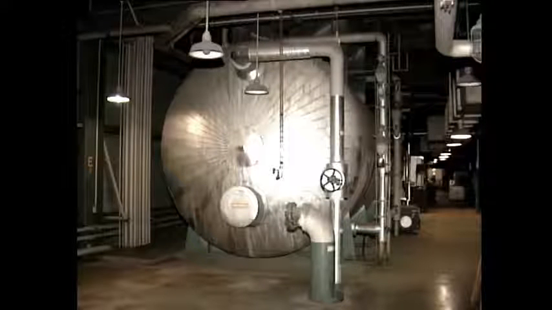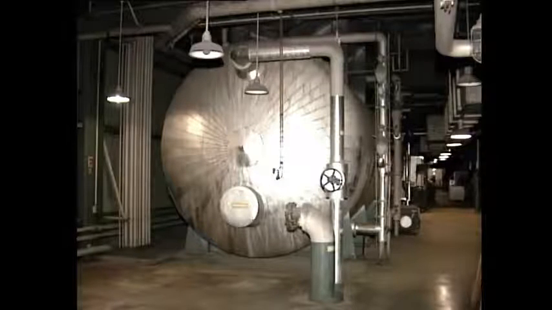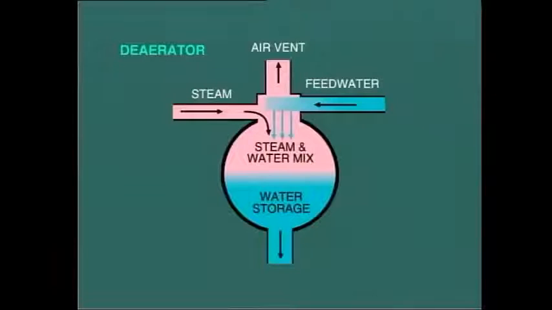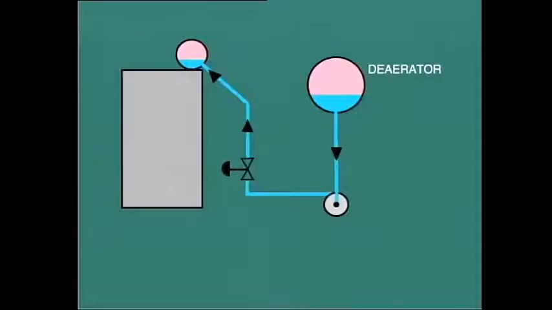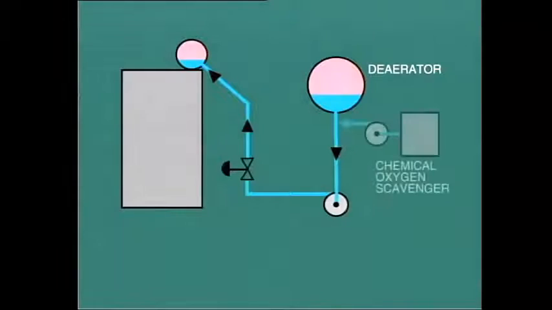We'll be talking more about this equipment in another module in this program. The basic function is that the water is heated sufficiently to liberate and expel any gases from the solution. Modern deaerators can reduce the dissolved oxygen content in feed water to about 10 parts per billion and even lower. However, because the effect of oxygen is so harmful, further chemical treatment is usually added after the deaerator. The objective of this is to remove the remaining traces of oxygen and to protect against any failure of the